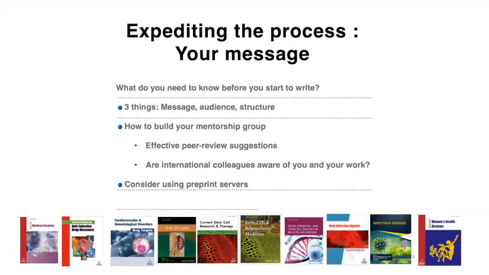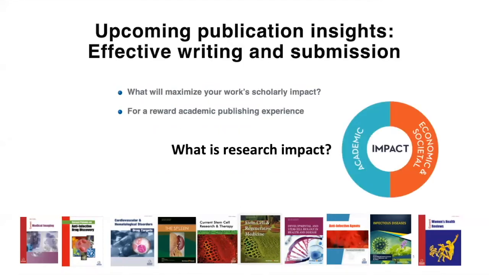So if you are forgetting everything that I say in this event today, if it all goes out of your mind, I would encourage you, if you can, to please have a think about these three things before you begin to write your next paper. What's your message? Who are your audience? And what will the structure of the writing be? These are very important techniques that you can use in order to effectively target and write much more effectively an article for publication in an international journal. The three things to know before you start the writing process.